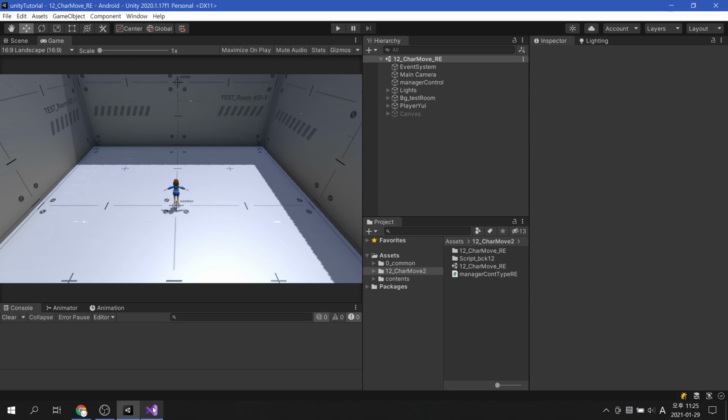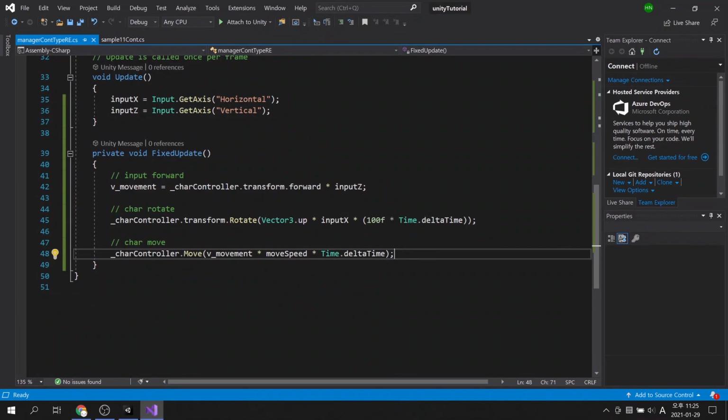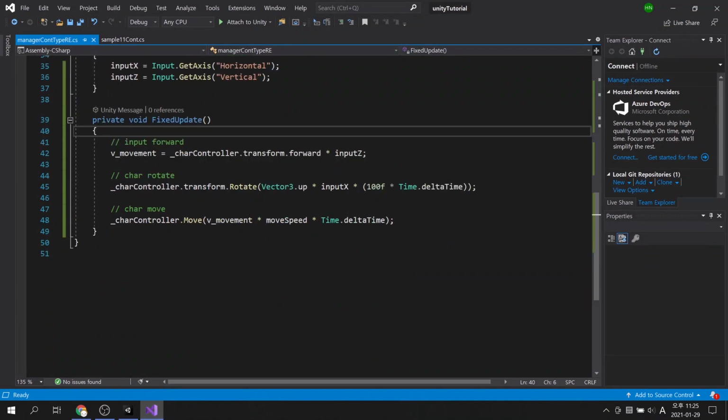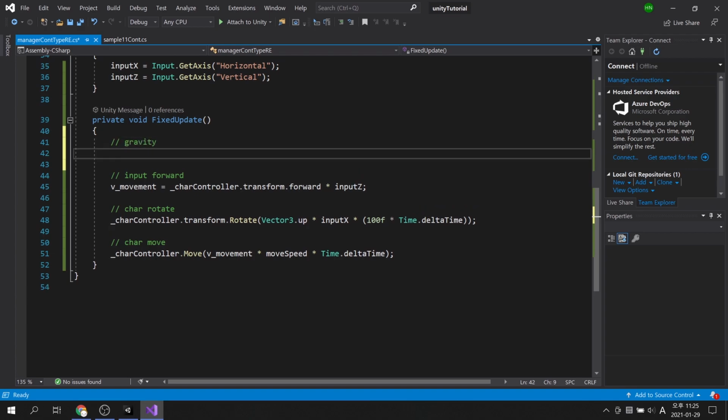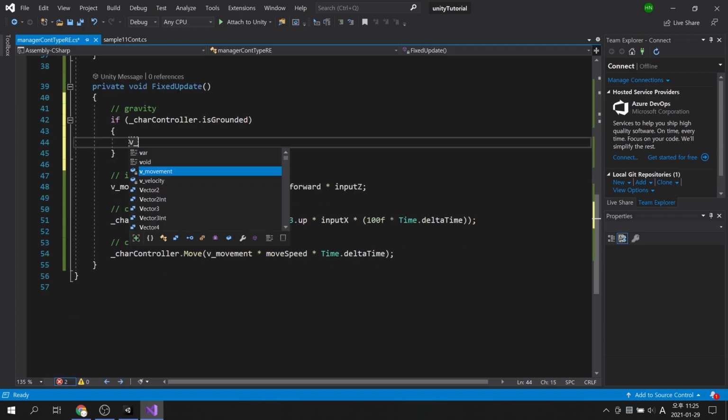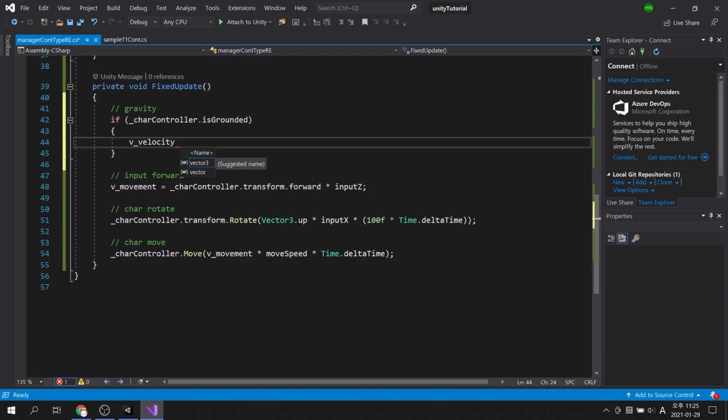The implementation of the artificial gravity function for the character to fall from a high place is the same as the previous video. There is no effect if the character is on the ground, and if it is in the air or off the ground, it will continue to move in the negative y direction.